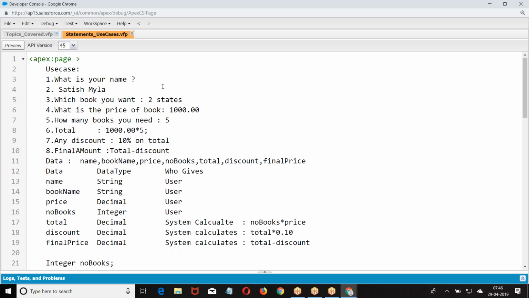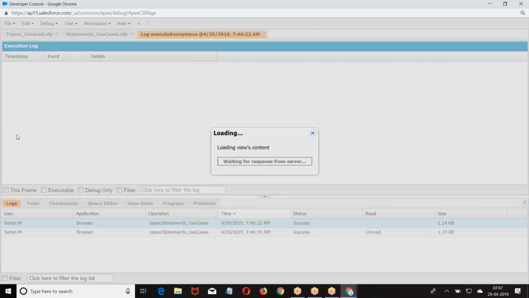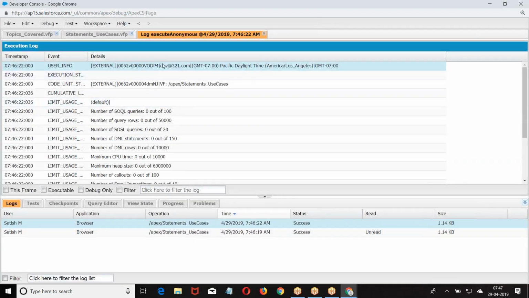Whatever programs I am writing, if I want to see whether they are running properly or not, or what type of output they are giving, I have to create an output. That is the reason I am going for log files. I am going to check the output in the log file. When I execute, step by step, internally how the system is executing, we get a log file. From the log file, I want to see how the program is running.